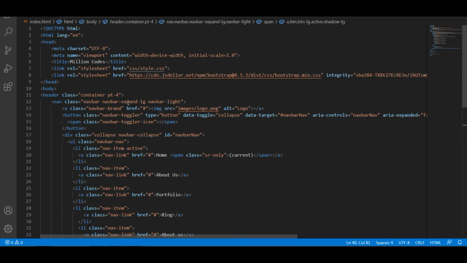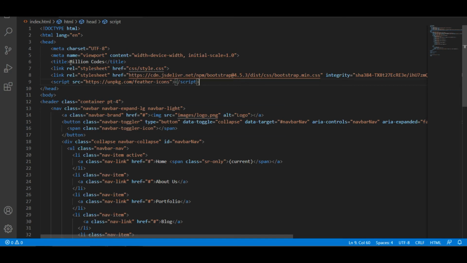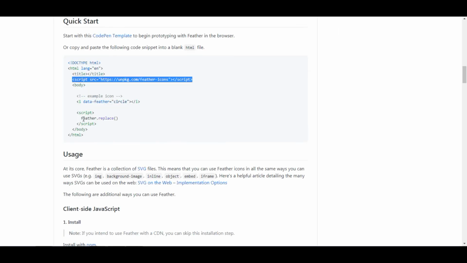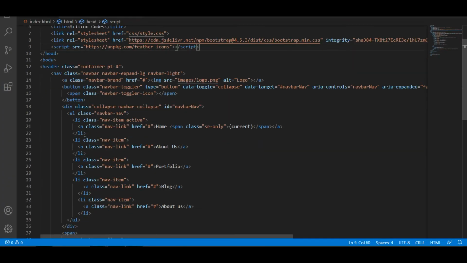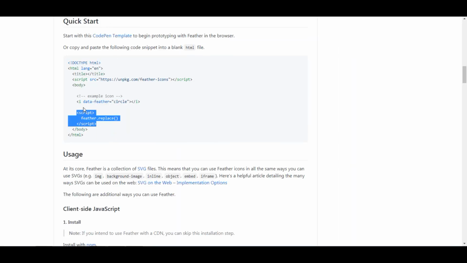We are recommended to put that link in the header section, and we also want the script to work in the application, so I am also copying this script.